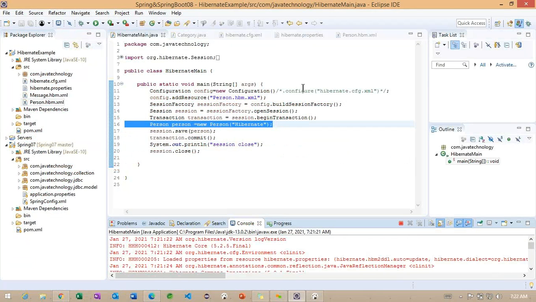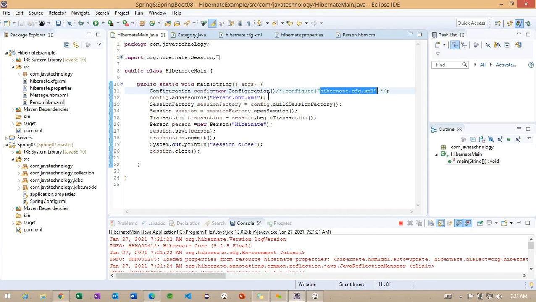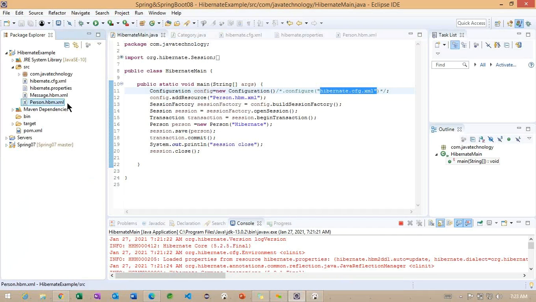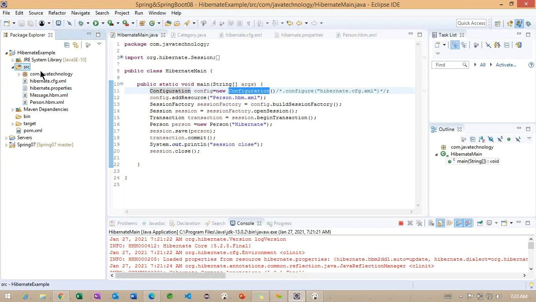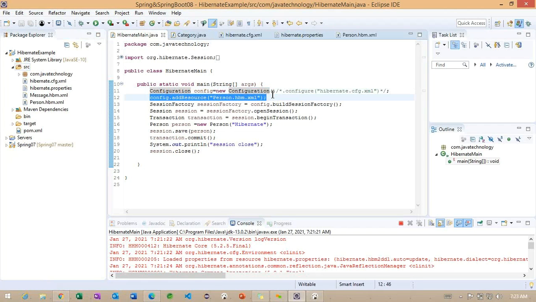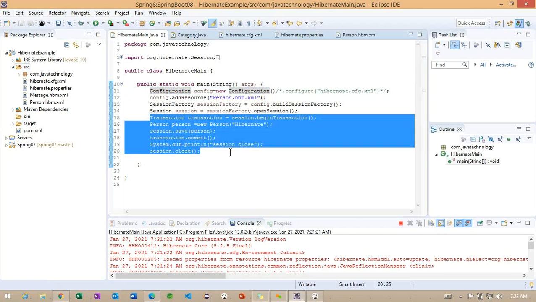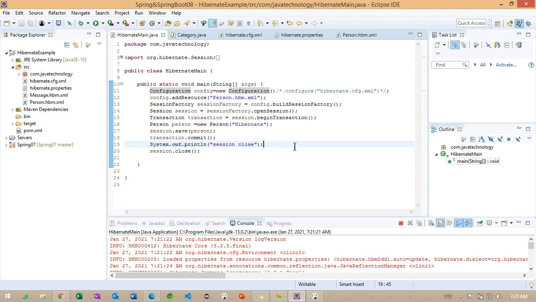Back to here. Initially we were working on this particular Hibernate configuration example. Now we move to the property file. What is the name of the property file we are using? Something called hibernate.properties, because the hibernate.properties file is going to be loaded by this configuration whenever the file is available inside this class path. Getting the point? And now we need to specify this particular mapping resource. Which kind of mapping are we going to work with? These are the remaining lines of code we used earlier also, the same.